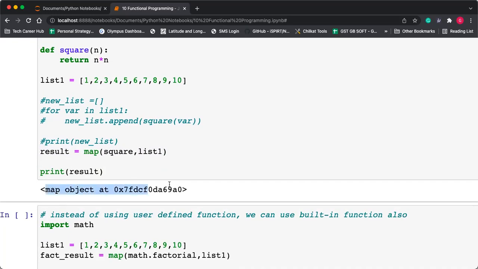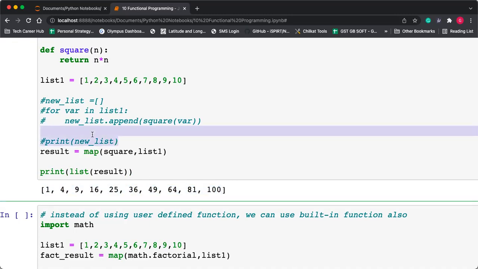The result is an object of map. So it is an iterable object. What you can do is convert this into a list or tuple. Then you see the output: it is the same output that the above 4 lines are giving.